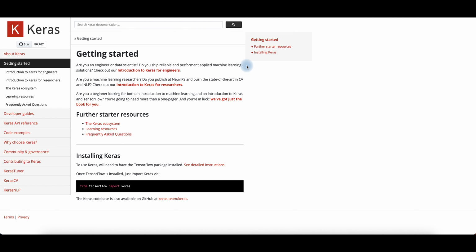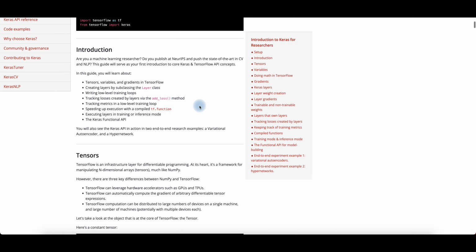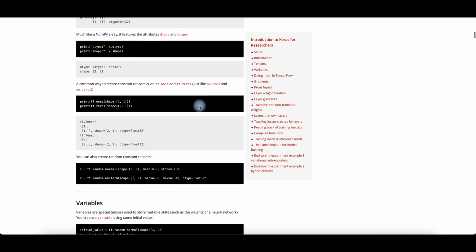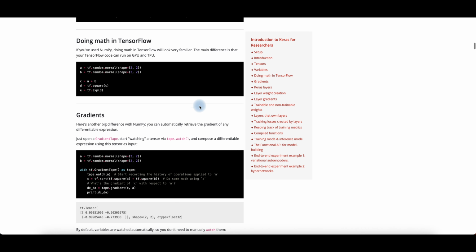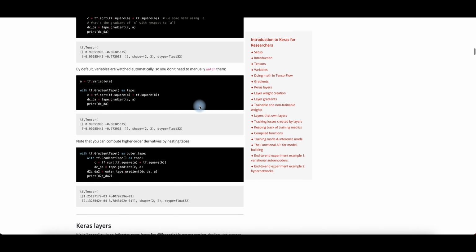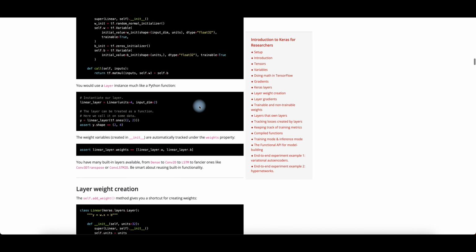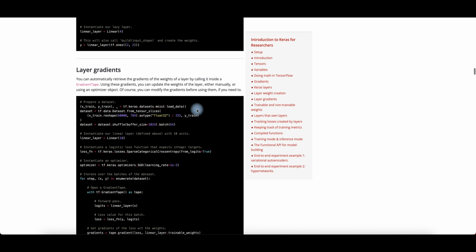All right, ladies and gentlemen, let's go to the Keras for researchers here. And they have the researchers section there that can do some stuff. Learn about gradients and layers, add loss, tensors, getting constants down, manipulations, all of these things, variables. You can definitely scroll for real: mathematics, gradients, gradient tapes, layers, which we did. I actually showed an example of that earlier. Layer weight creations, layer gradients,